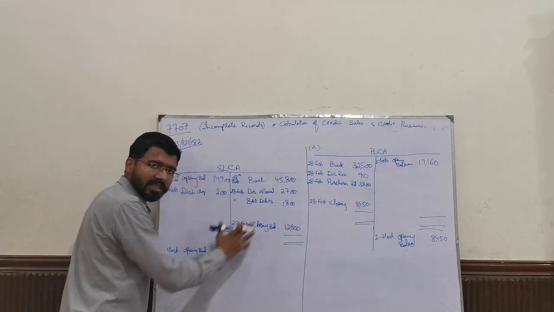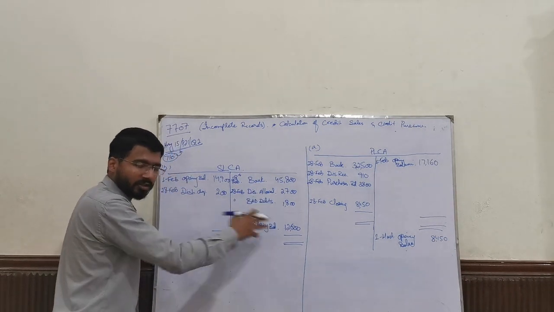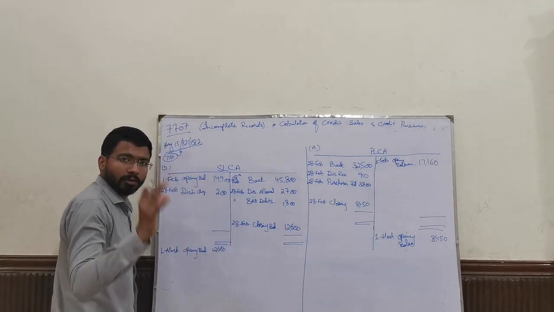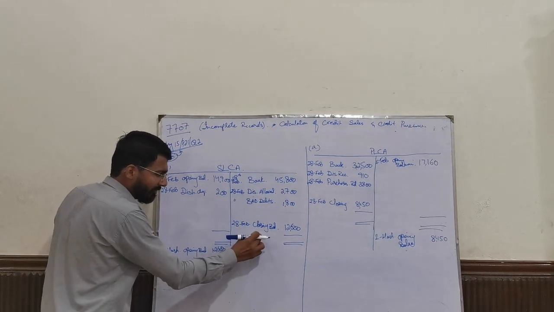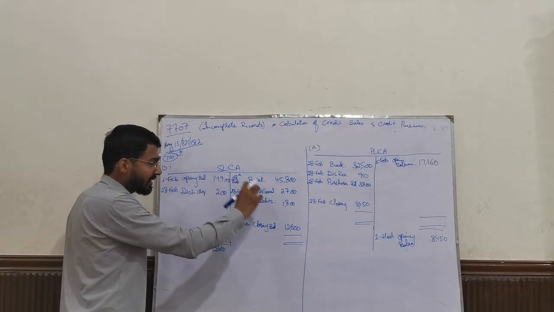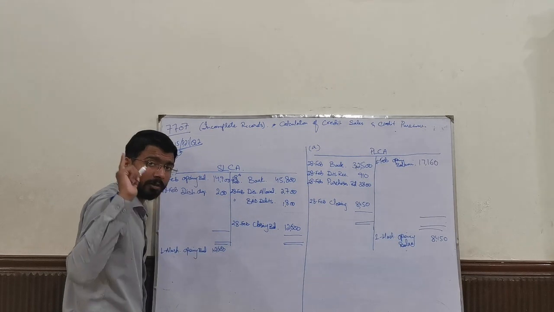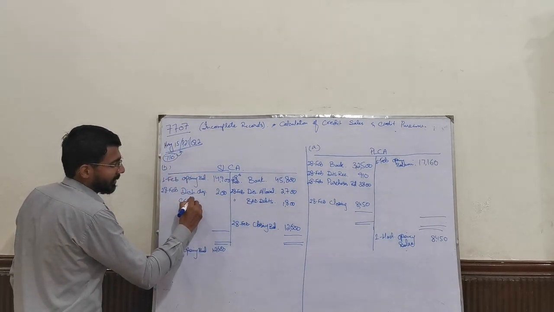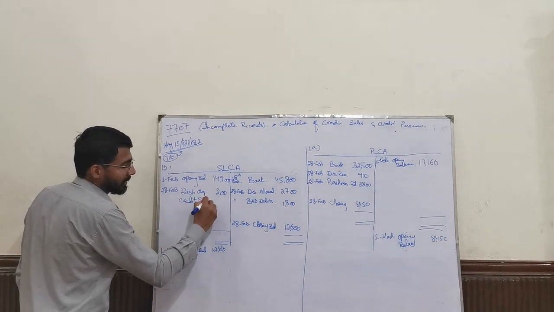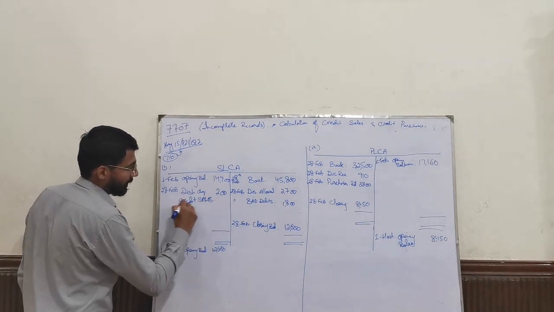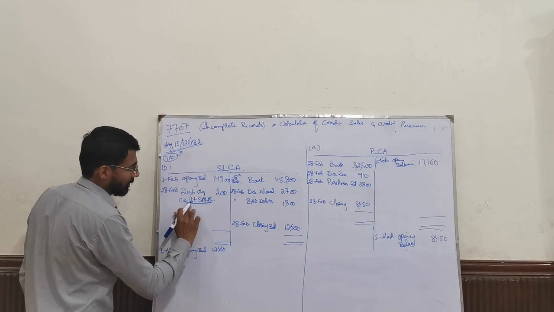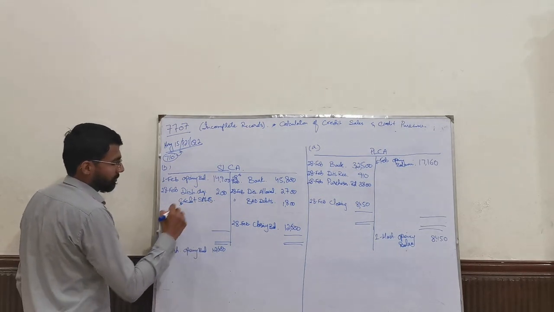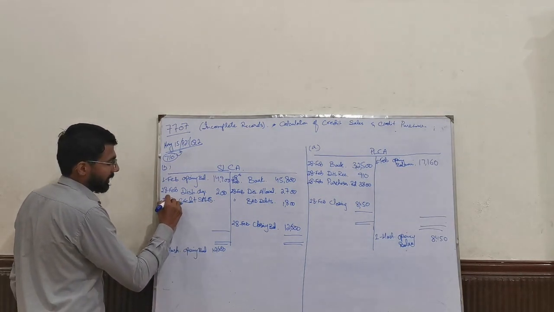You will prepare the sales ledger control account, you will add all the figures, you will place all the figures, but the question will not balance. You will be having closing balances, you will be having opening balances, but the question will not balance. The balancing figure would be credit sales. Credit sales, or let me mark it with the apostrophe, it would be credit sales.